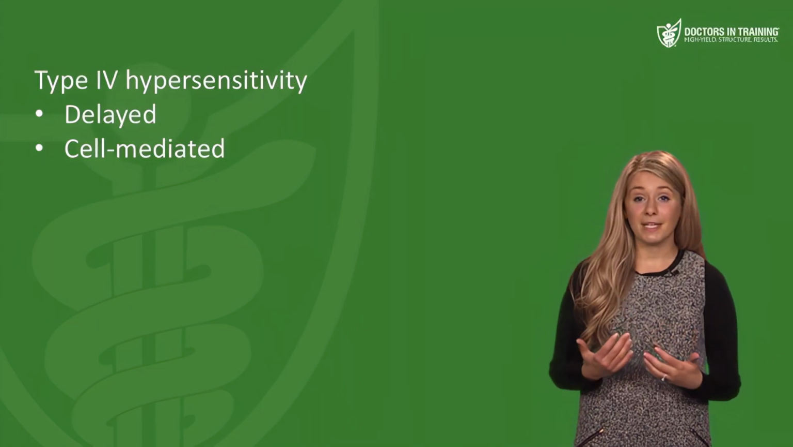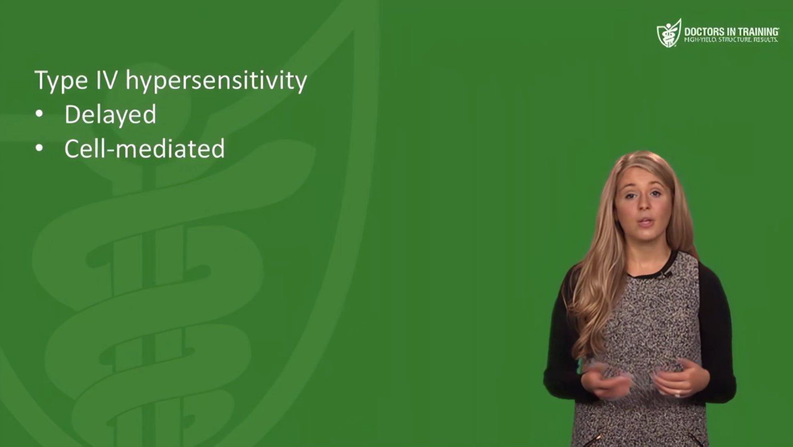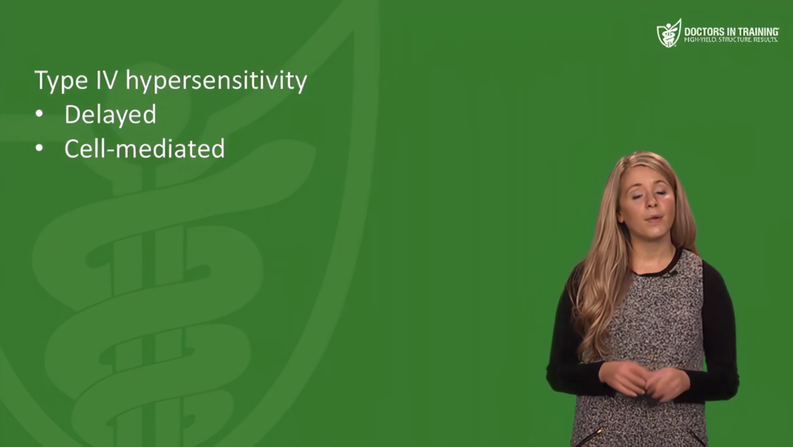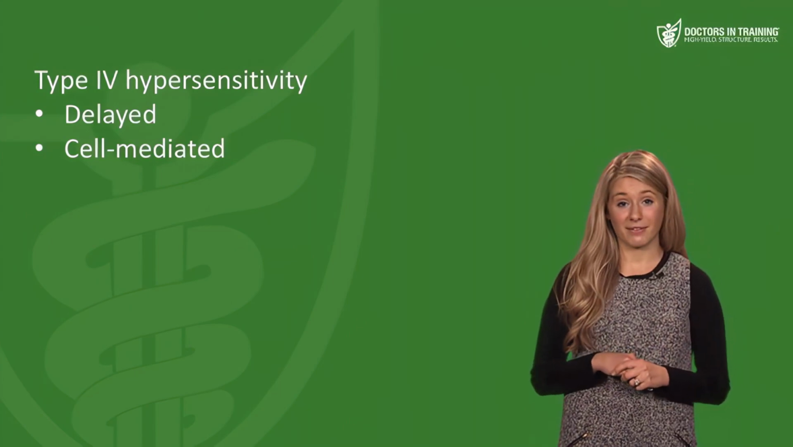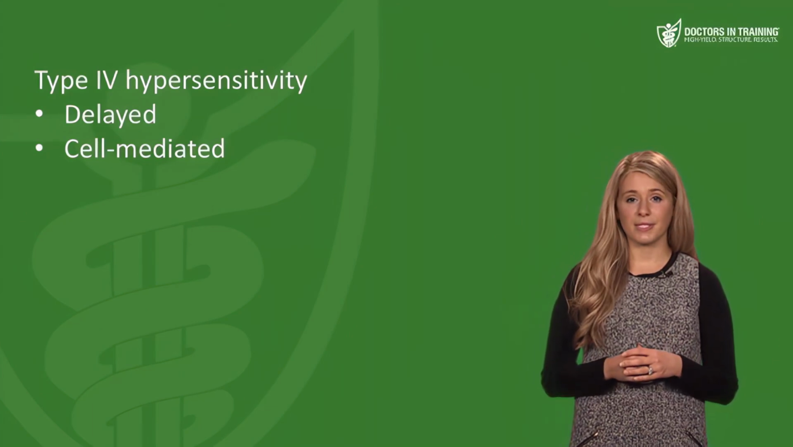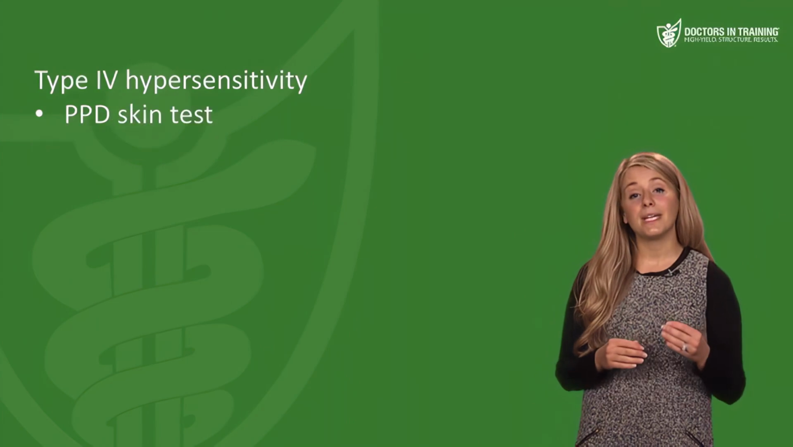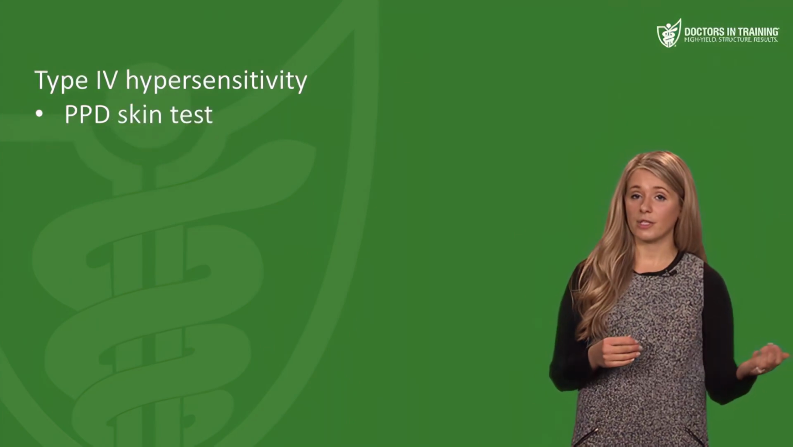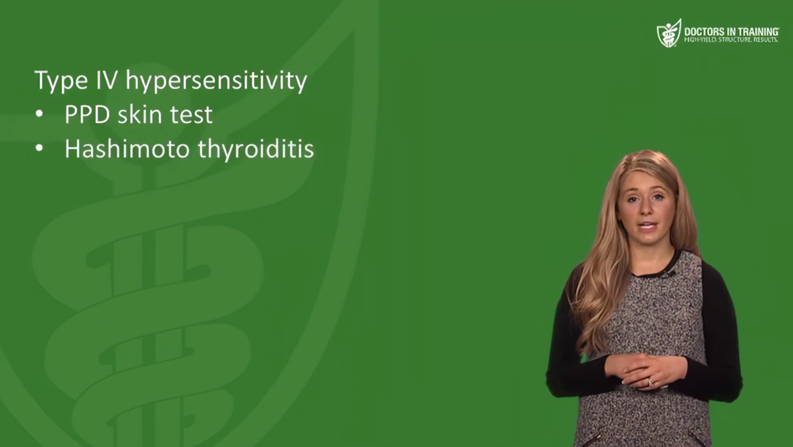Or think about the PPD skin test for tuberculosis. When do you read the PPD? 48 hours after it was given. So some examples of type 4 hypersensitivity would include the PPD skin test, which we just mentioned, Hashimoto thyroiditis, which